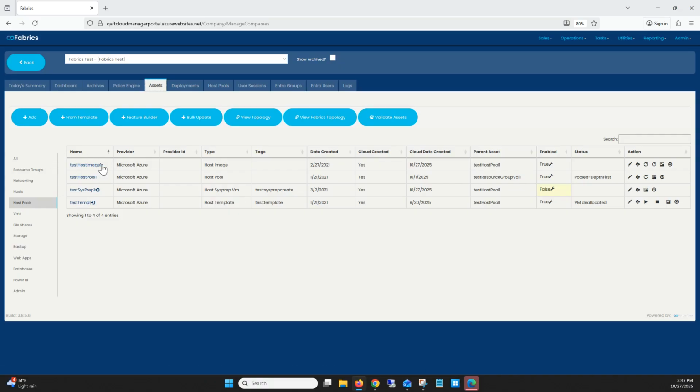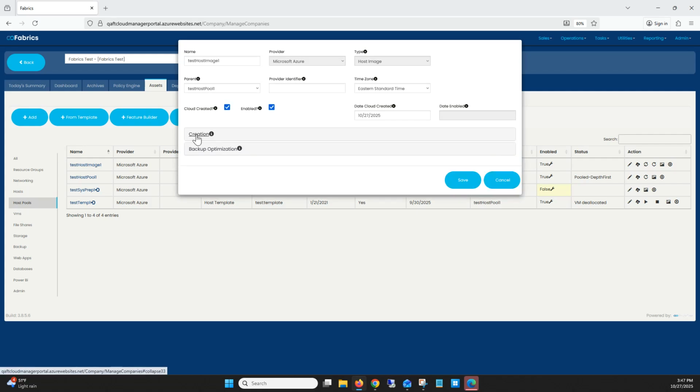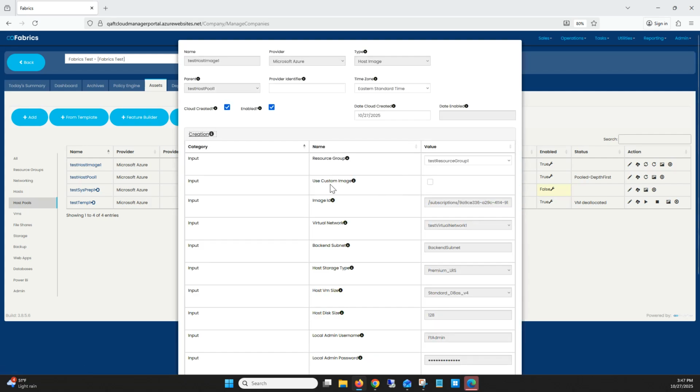All you need is an image for your host pool, and you set a simple flag here that says, hey, I'm using a custom image. Check that checkbox. And then this is where you put the path in your tenant to whichever version in your image gallery that you want to use. Should you want to come update that version number, say, to the next image, like 101,